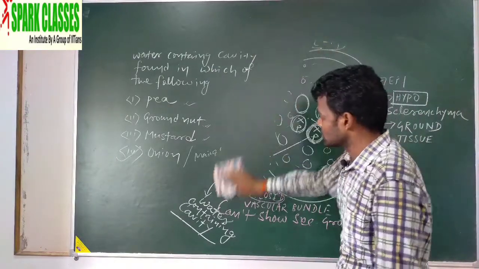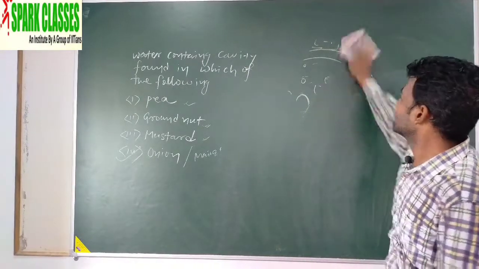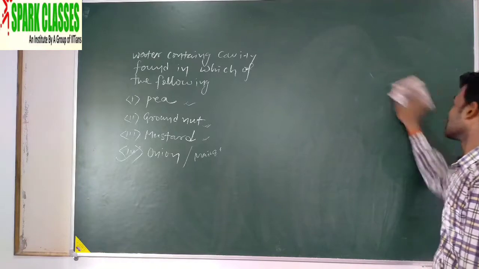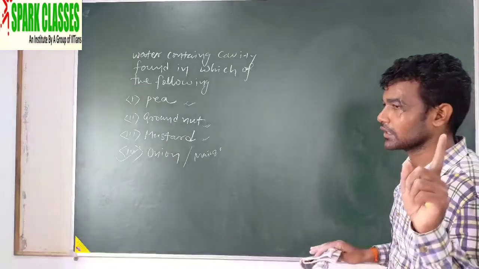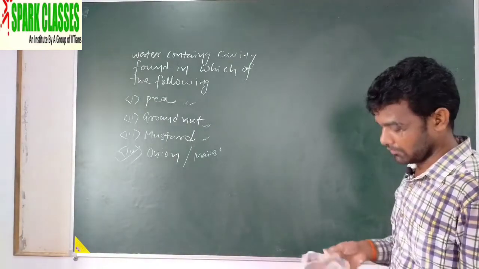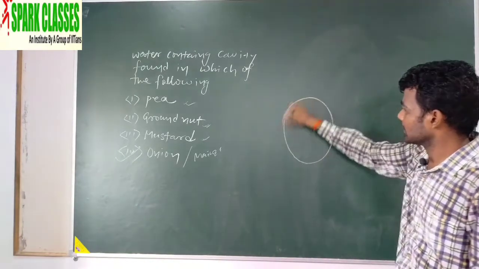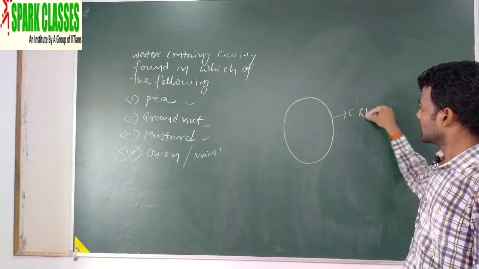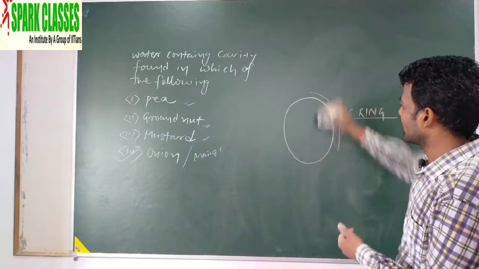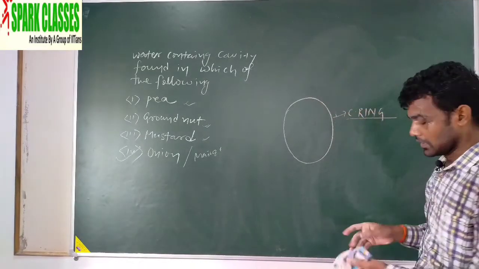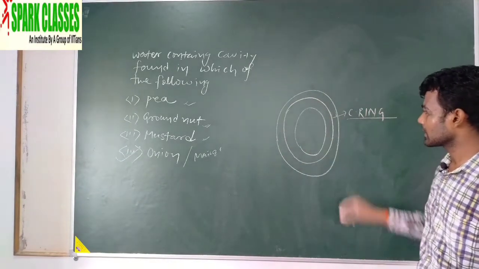Someone asked a doubt about the labelling of secondary growth. In secondary growth, labels are not important to remember. Already I had told you the formula. If you listen carefully, then you can label by your own. Okay, again I am repeating, this is the cambial ring. Recall with me. Cambial ring means vascular cambium. Outside the vascular cambium, what do you find? In an order I am showing you, outside the cambial ring, what is present, and inside the cambial ring?